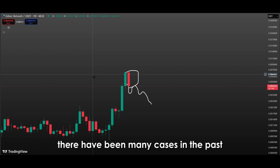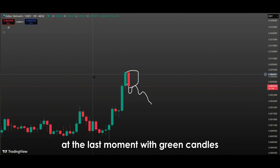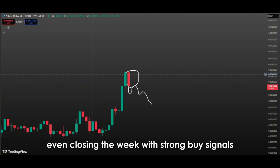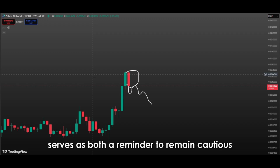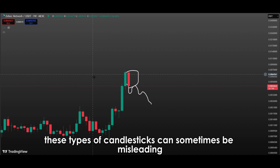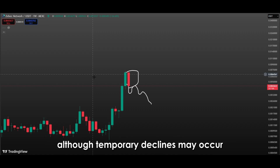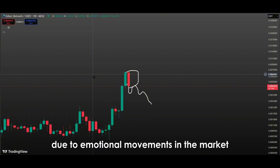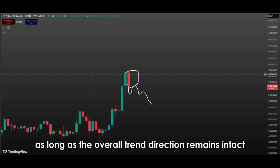There have been many cases in the past where similar weekly patterns were invalidated at the last moment with green candles, even closing the week with strong buy signals. The forming pattern currently serves as both a reminder to remain cautious and an environment that investors seeking opportunity should assess. In technical analysis, these types of candlesticks can sometimes be misleading in the short term, because although temporary declines may occur due to emotional movements in the market, these pullbacks remain mere corrections as long as the overall trend